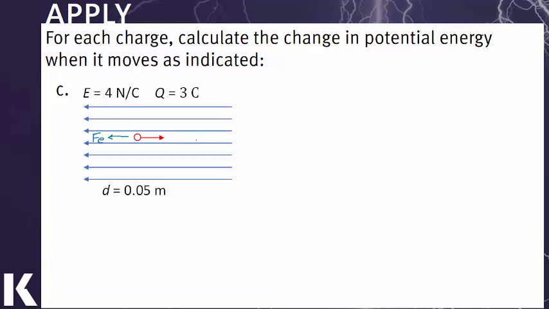Our force and our direction of motion are anti-parallel, so we would see that increase in potential energy. And the increase in potential energy would be equal to the charge of 3 coulombs multiplied by our field, 4 newtons per coulomb, multiplied by our displacement of 0.05 meters,